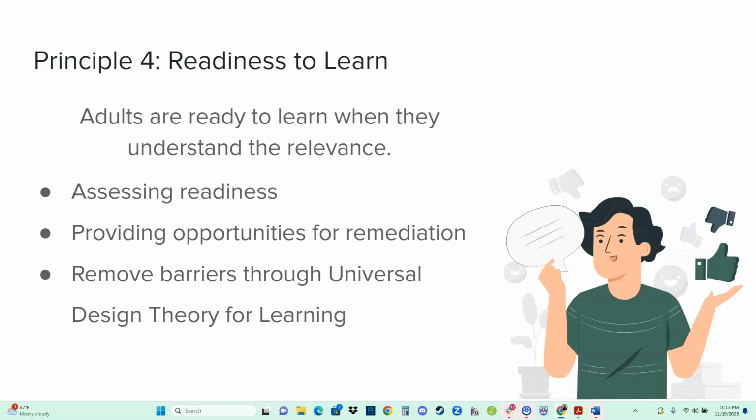There's another concept that I want to introduce you to, and it's a concept called universal design theory for learning. When we're actually in the live session, I will be asking how many people know about this concept, because it's something that not everybody knows about, but it's an important one to think about. So the idea behind universal design for learning, UDL, is that we are not making big assumptions about the physical or mental abilities of our learners.